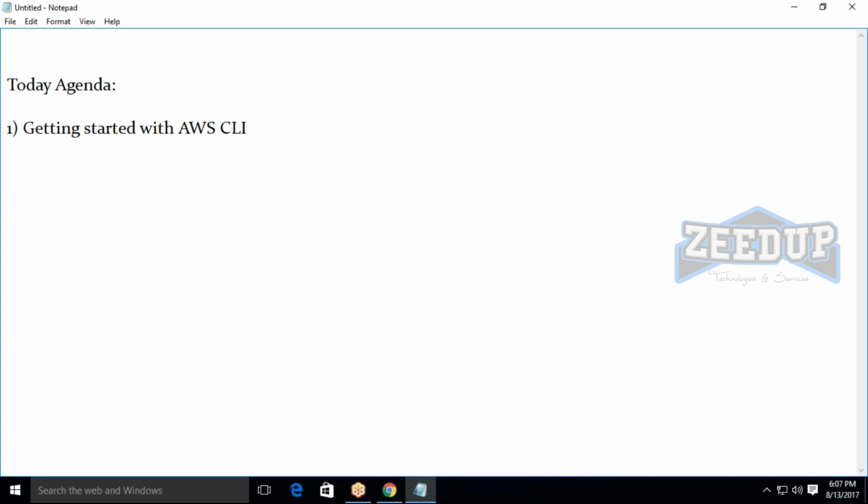When we talk about CLI, I can say that CLI is the most powerful console we have in any environment. Suppose I'm in Windows, I should go for PowerShell. If I'm in Linux, I should go for terminal, bash scripting, and so on. AWS CLI is a console where you can manage all the AWS services. These AWS tools are available in Linux as well as in Windows, and today I'm going to show you how to manage AWS CLI in Linux as well as in Microsoft Windows